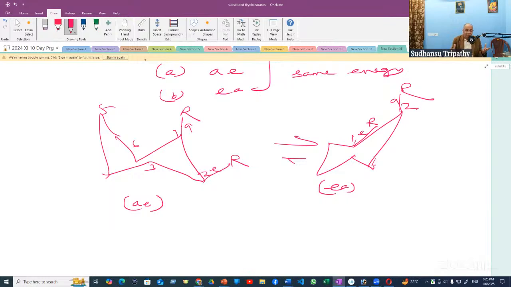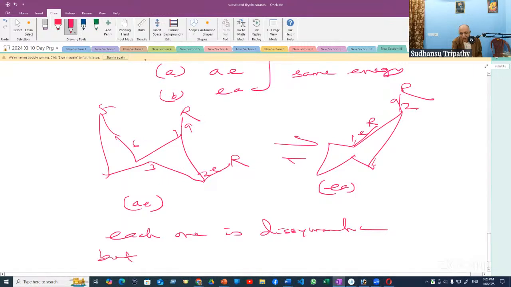Had I got the model, then I would have rotated 120 degrees about a vertical axis and shown that the two are related as mirror images. So always 50%, 50% remains. So optically inactive, but not due to meso, but due to external compensation. So each one is disymmetric,